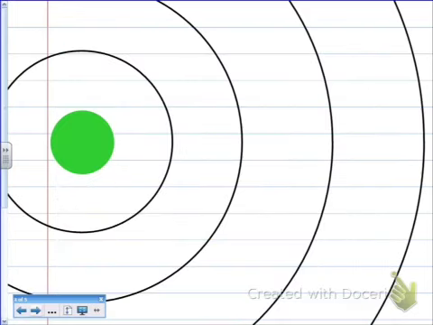Alright, so this is a nucleus of an atom in green. And we see the different energy levels. Each energy level has a certain number of electrons that it can hold. The first energy level can only hold 2. The second energy level can hold 8. The third holds 8, and the fourth holds 18. So memorize that pattern. 2, 8, 8, 18. Now, the reason that helium is a stable atom is because it only has 2 electrons,